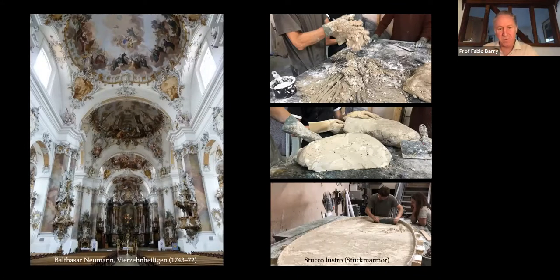And if you look at these Baroque and Rococo interiors up there, there are no marbles here. What looks like marble is fashioned from a stucco lustro or stuckmarmor, or what's very often called scagliola in this country. And this is actually anhydrite that has been leavened with bone glue, kneaded with coloured earths, as you can see at the top here, into a marbleized loaf, as you can see in the middle, and then that's finally sliced into veneers, which you can compose and dispose à plaisir,